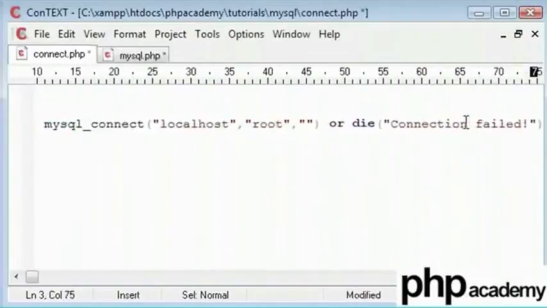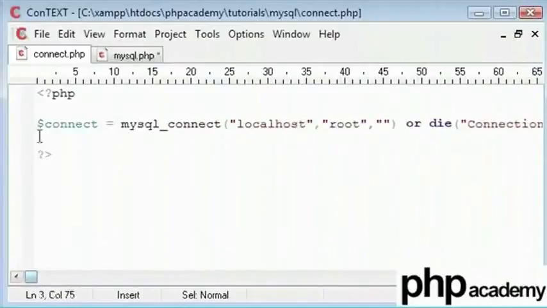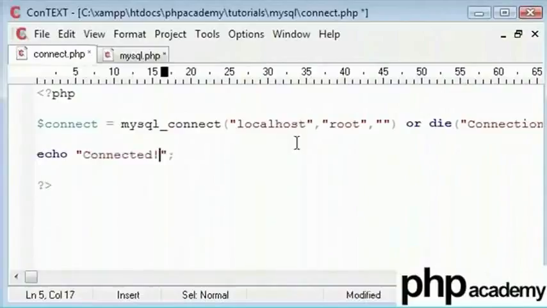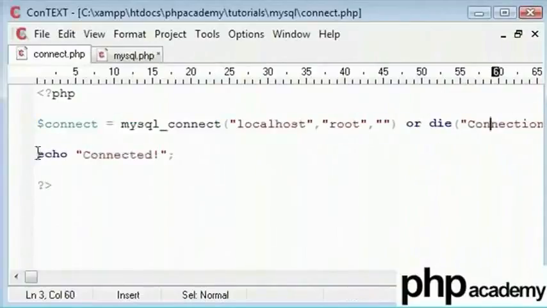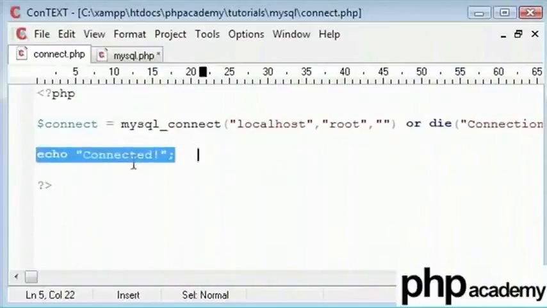So let's presume at the moment this connection works. I'll echo out a piece of code saying connected. Now if this does not connect successfully, it would just give you the error text and won't run the rest of the page. Otherwise the rest of the script will run and echo out connected.